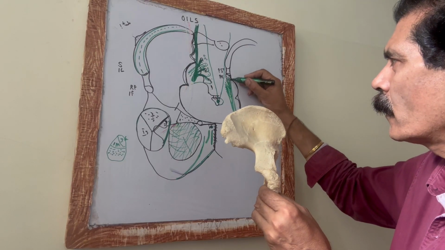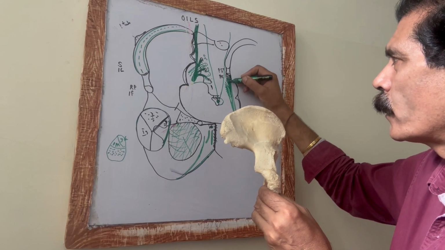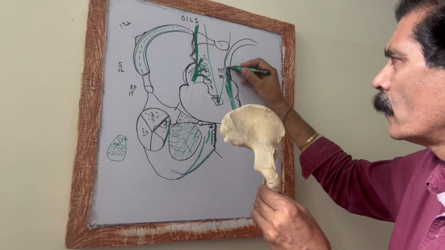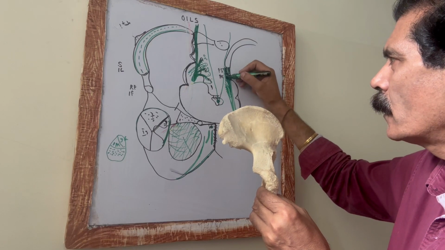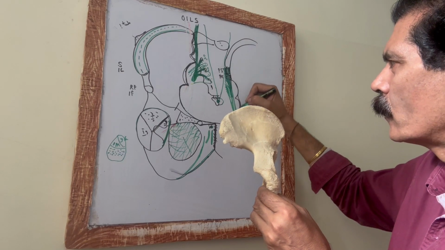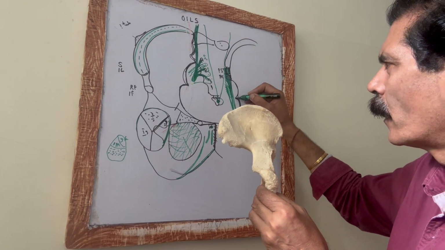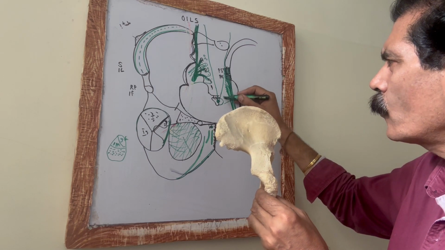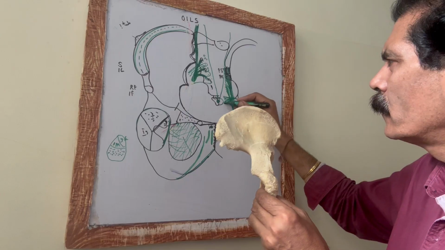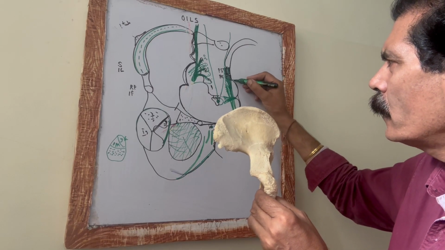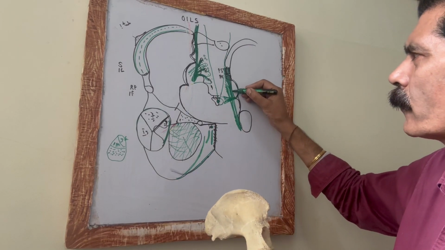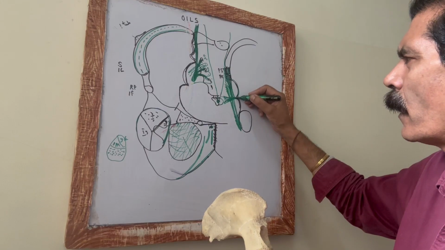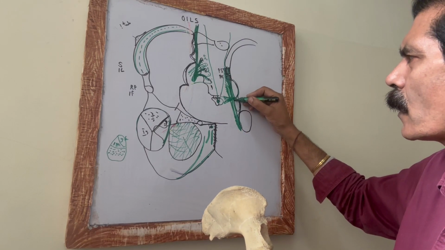The sacrotuberous ligament is superiorly attached to the posterior superior and posterior inferior iliac spines. And from the ischial spine is attached a triangular ligament called the sacrospinous. They cross each other, and they convert the greater sciatic notch into the greater sciatic foramen and the lesser sciatic notch into the lesser sciatic foramen.